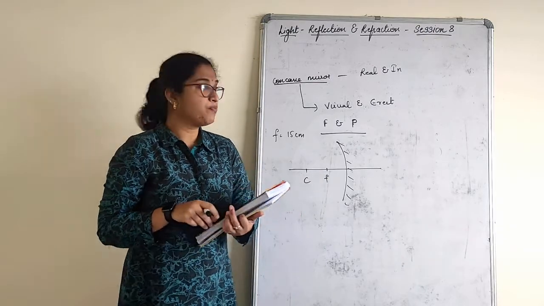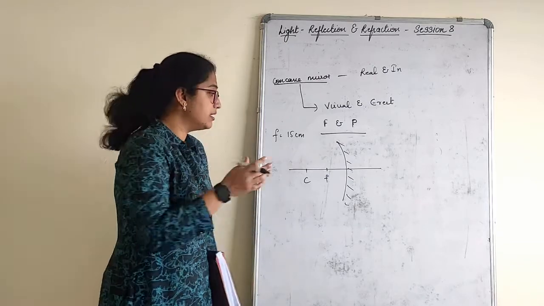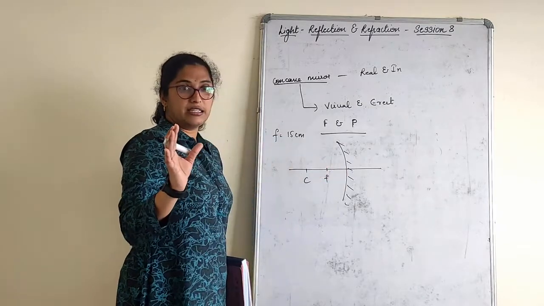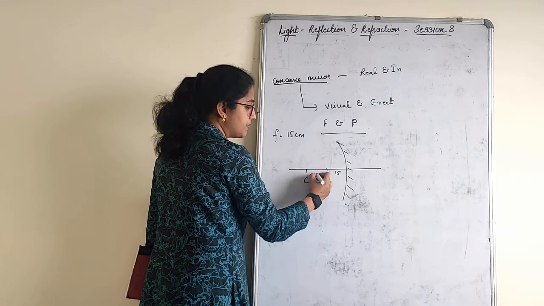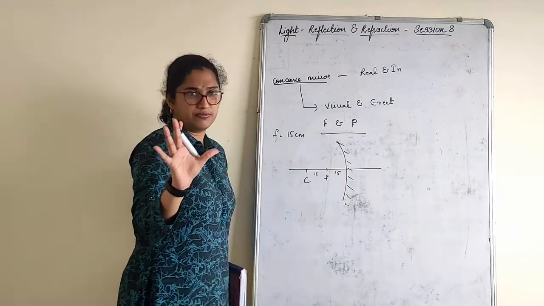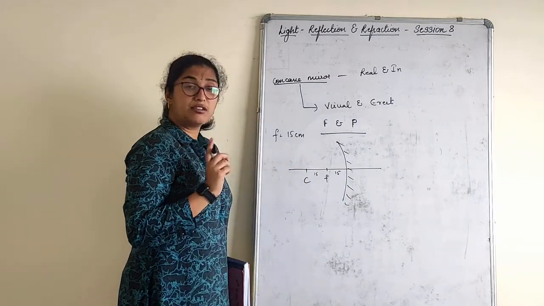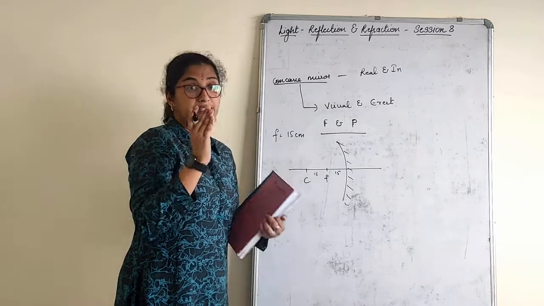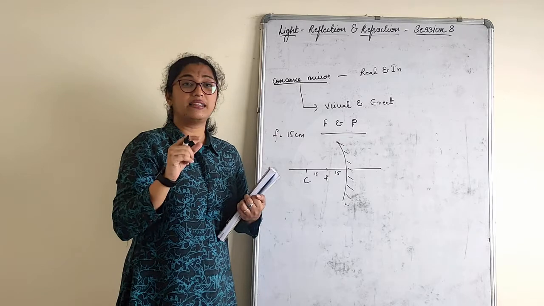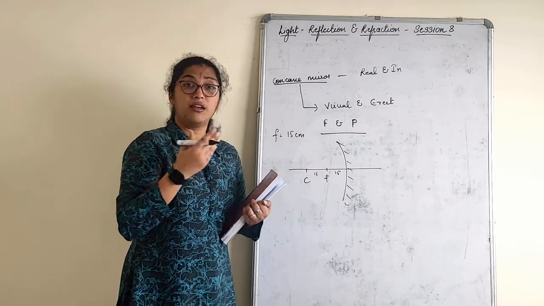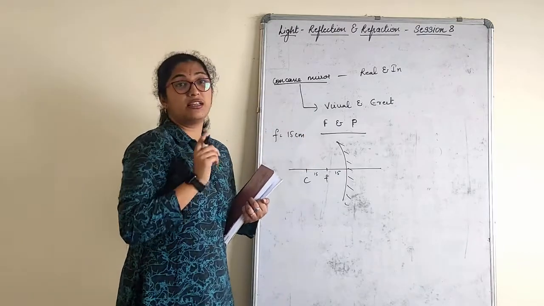Now, one thing to remember, they will give you 15 cm. It is not that you should also take 15 cm. Assume that this is 15 cm, children. If this is 15 cm, then this will also be 15, so total is 30 cm. Just for your confirmation. Now, where should I keep the object so that I get an erect image? When I get an erect image, is that virtual and erect image smaller or larger than the object? Virtual and erect, what we get in the case of a concave mirror, is larger than the object only.